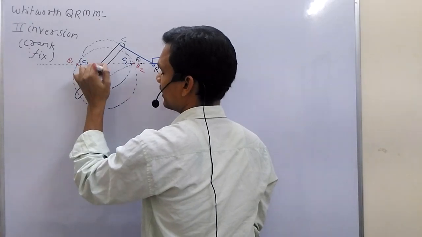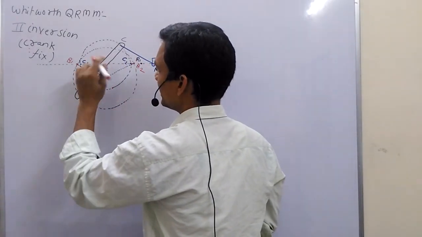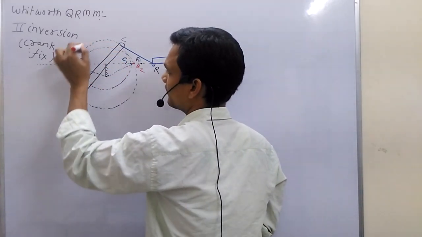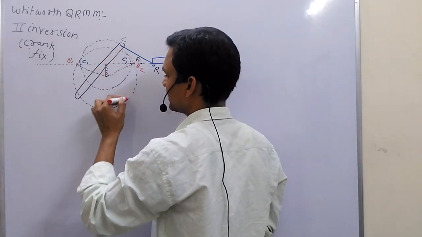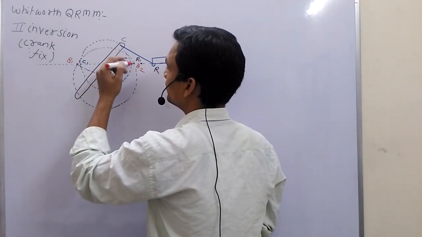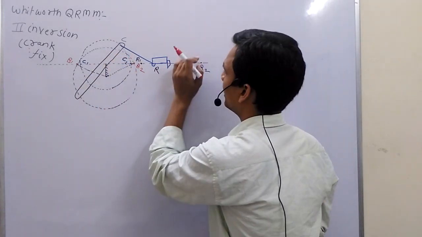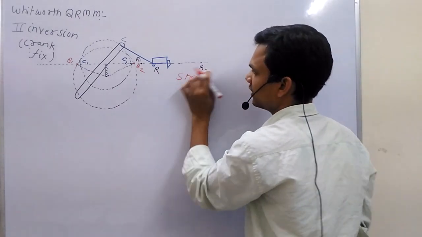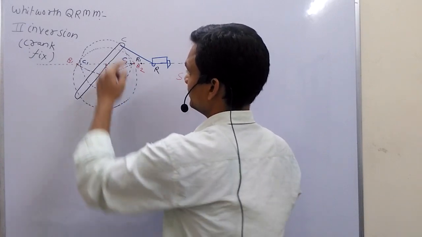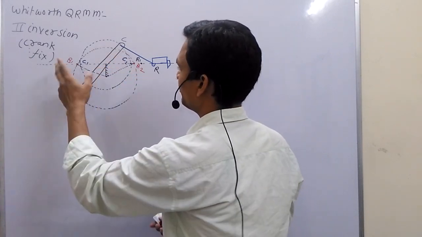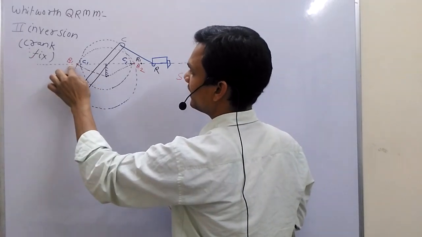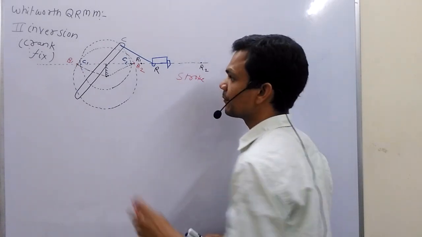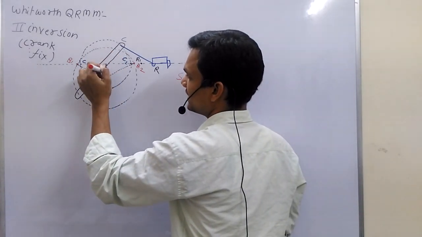Now I fix the crank, and you can see I draw two circles. First one is a small circle and another one is a big circle. Now these circles cut the stroke line, I draw a stroke line also. This cuts the stroke line at points on the big circle, B1 B2, which I color red, and on the small circle, C1 C2. Now in this case you can see the crank is fixed.